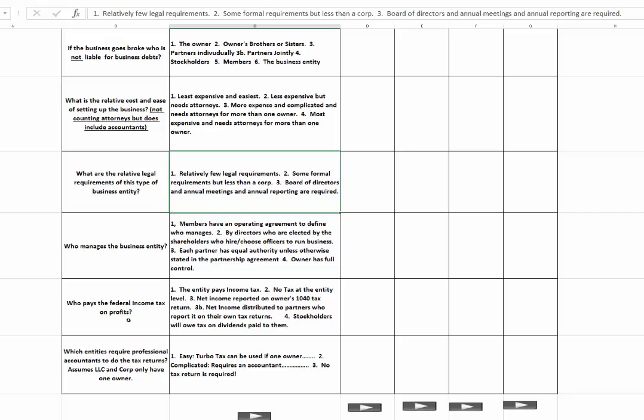Who pays the federal income tax on profits? The entity pays the income tax. Well, that would be the corporation. No tax at the entity level. That is the LLC, and that is a sole proprietorship, and that's a partnership, because none of those entities,